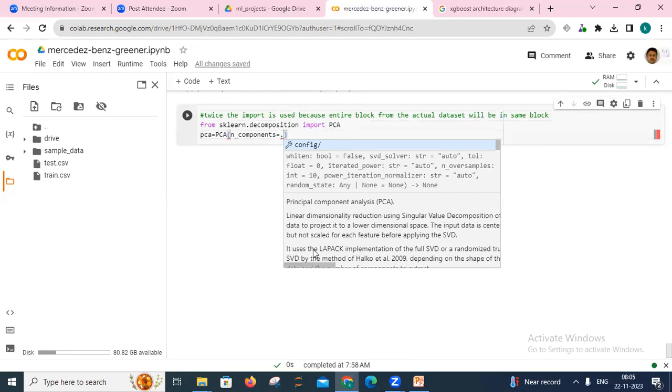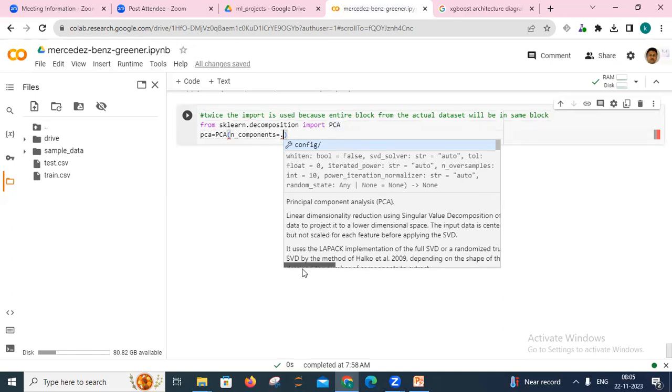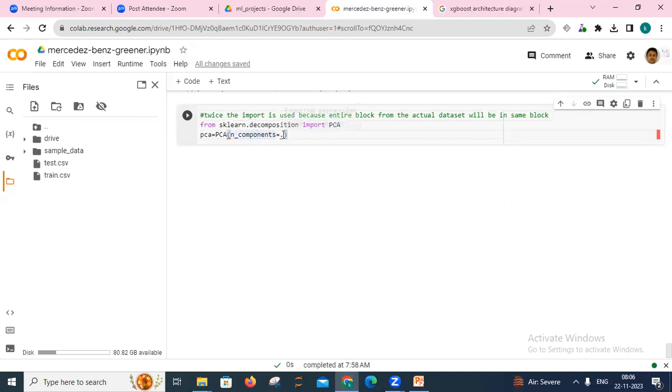It uses the LAPACK implementation of the full SVD or a randomized truncated SVD by the method of Halko et al., 2009. So all that definition you can get from there. Now I'm going to add n_components, and the value will be 0.95,